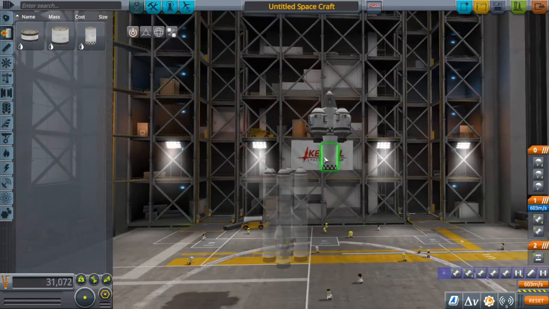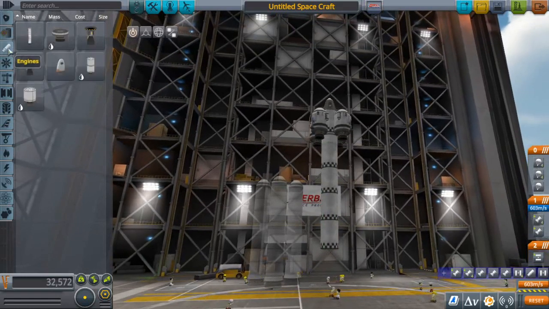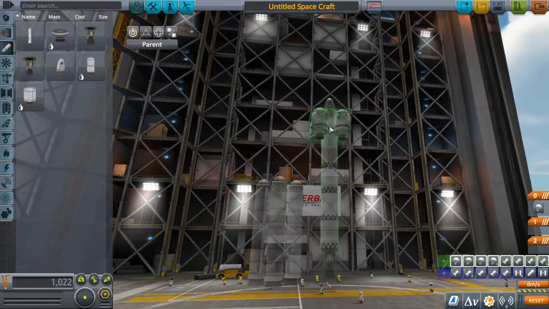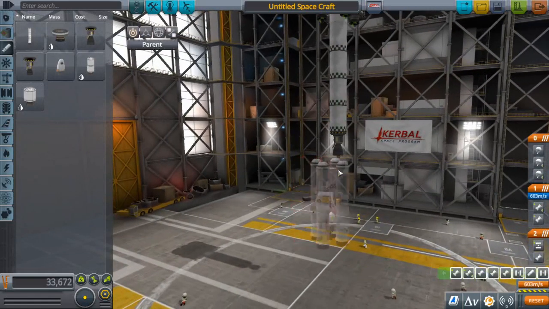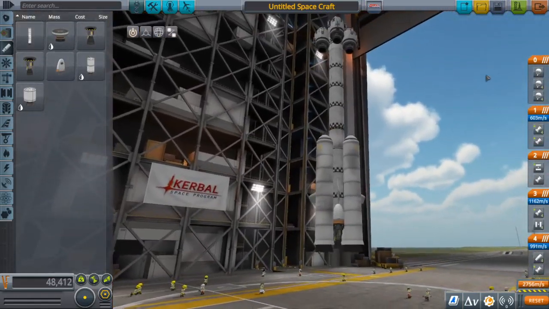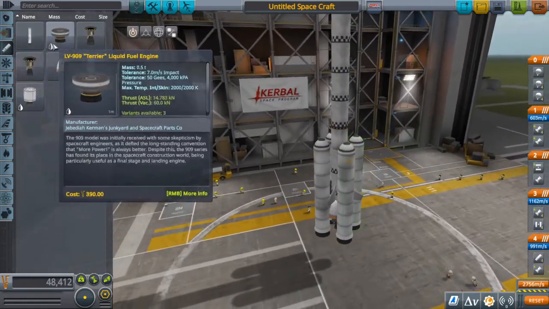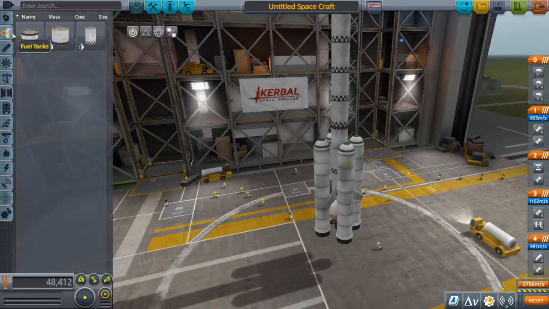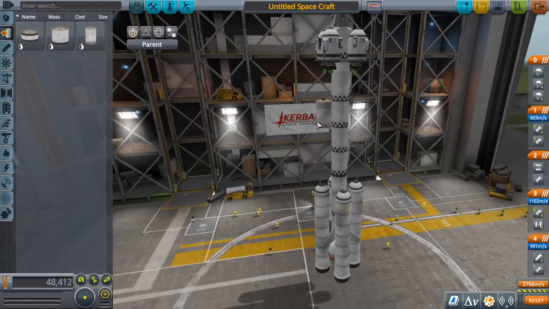There we go. Nice tall one. This one is going to be a Reliant engine. I don't know if this is going to be powerful enough, but I hope it will be. Now, this is not going to be a very stable rocket, as you can probably tell just by how it looks, but I will risk it. And actually, both just to make it look a bit better, but also because it just seems like a good idea,